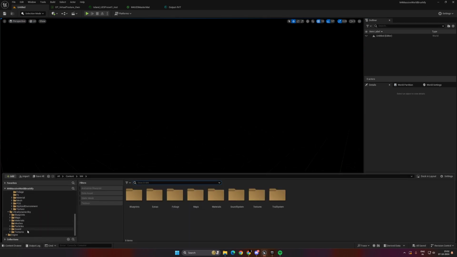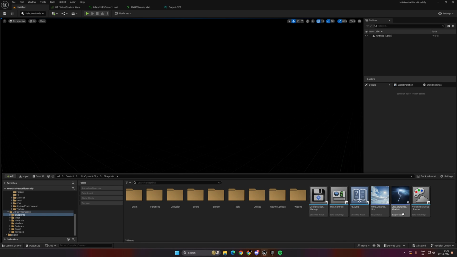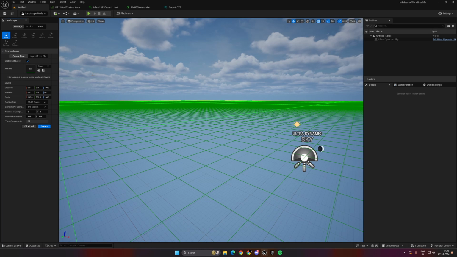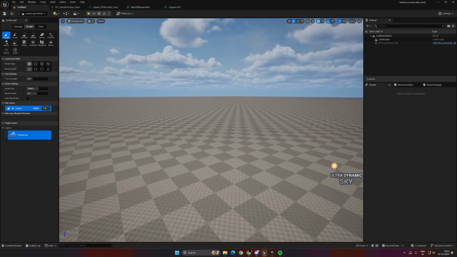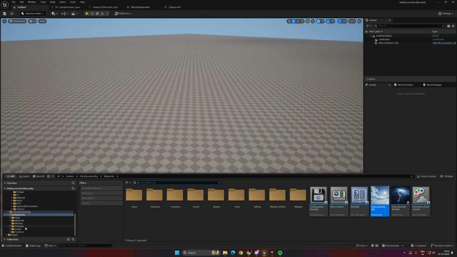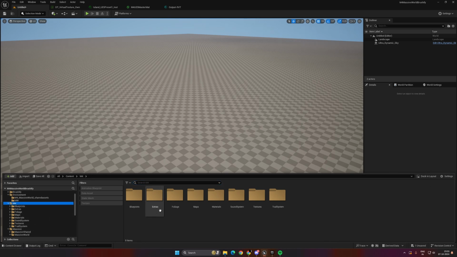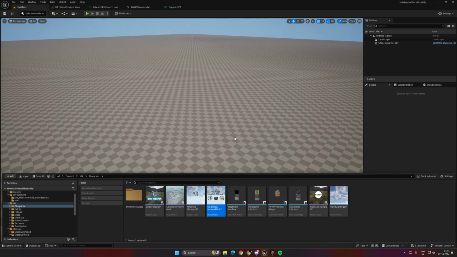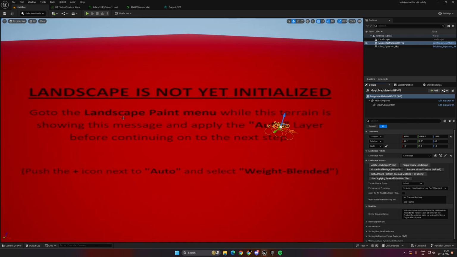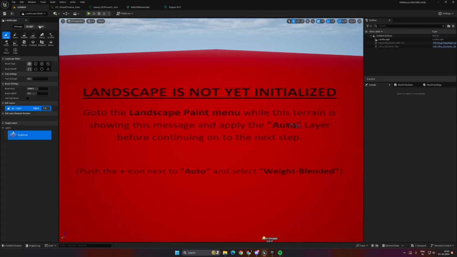I prefer to use Ultra Dynamic Sky for the lighting, so I will just drag that in. Then we'll create a landscape. Make sure the material is not selected and hit create. So we have it here. Now we need to go to M4 and drag the magic map material here, and we should then just hit prepare any landscape, and we need to go to landscape paint and apply